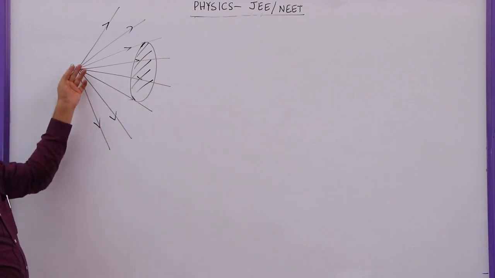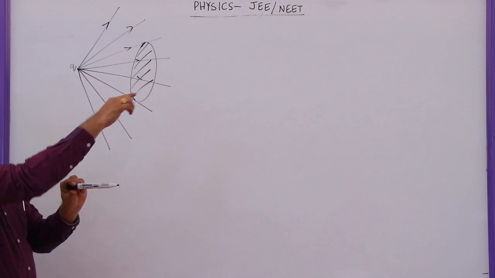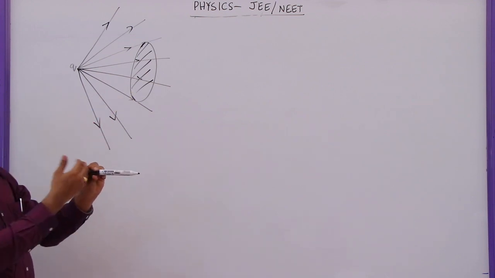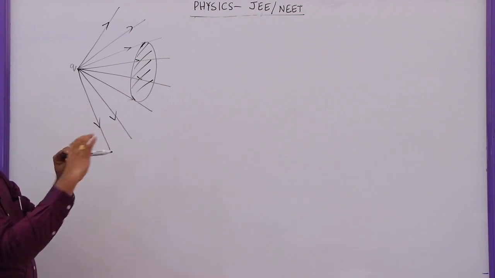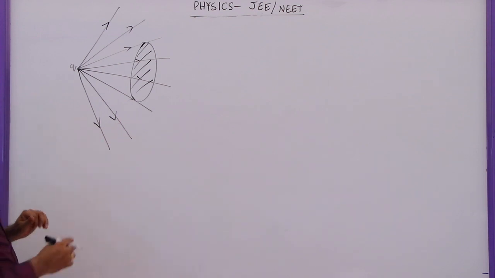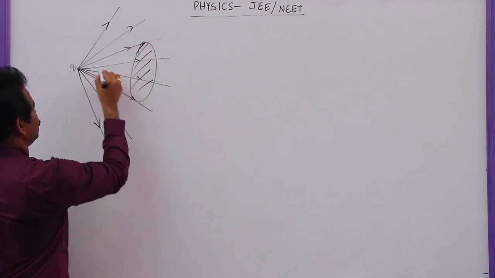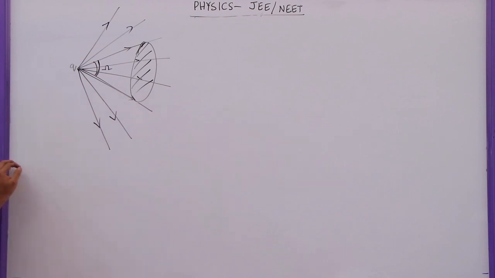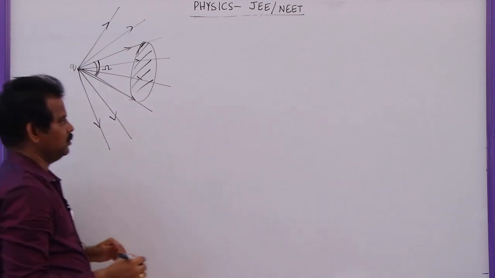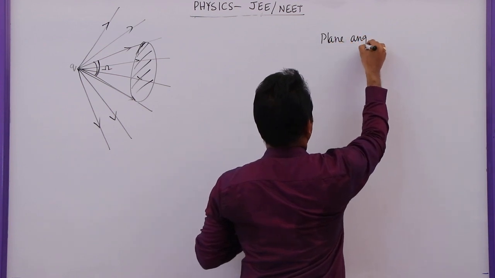Here, let us say this is the charge, lines will travel radially outwards in all possible directions. So if you take a circular area here, you will have one solid angle. That means this surface area will produce a solid angle here, not a plane angle. Solid angle omega. We know that in a plane angle,